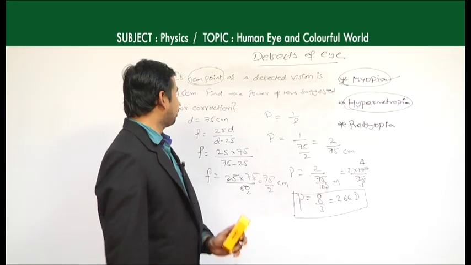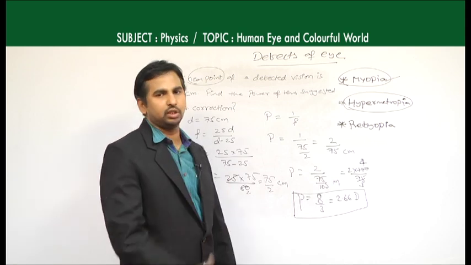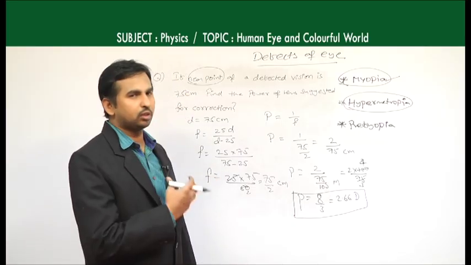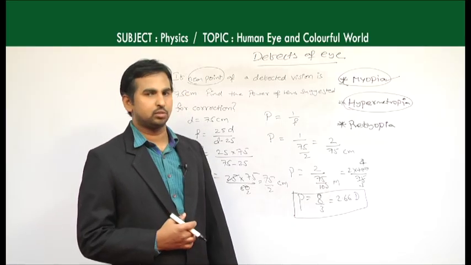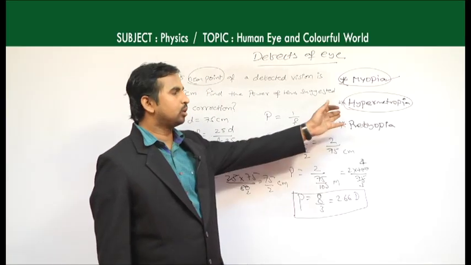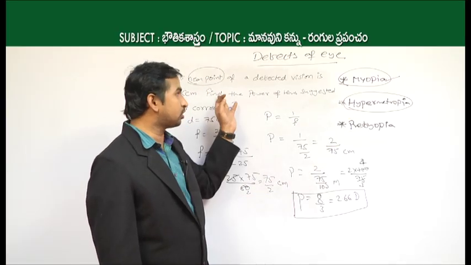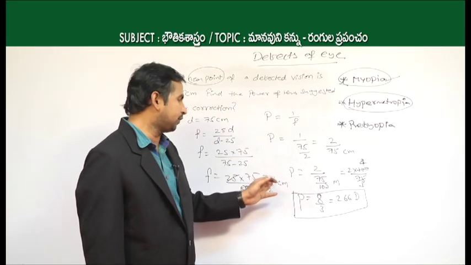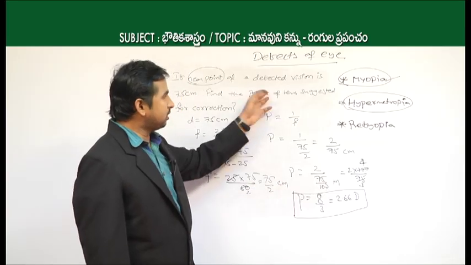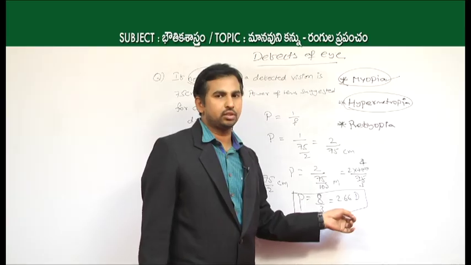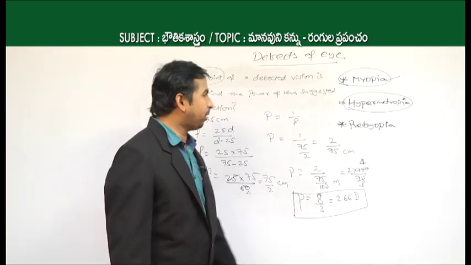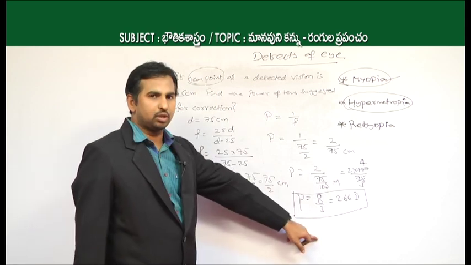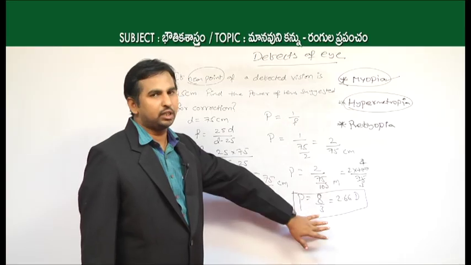So, from this problem, by using that near point we got the power which is plus 2.66 diopters, and the defect of this eye is nothing but hypermetropia, because that near point is meant for the case of hypermetropia. The suggested lens is the convex lens, the suggested focal length is 75 by 2 centimeters, and the suggested power is 2.66 diopters. Like this, depending on the given problem data, by using the near point we can find the power of the lens, and also if you know the power of the lens,